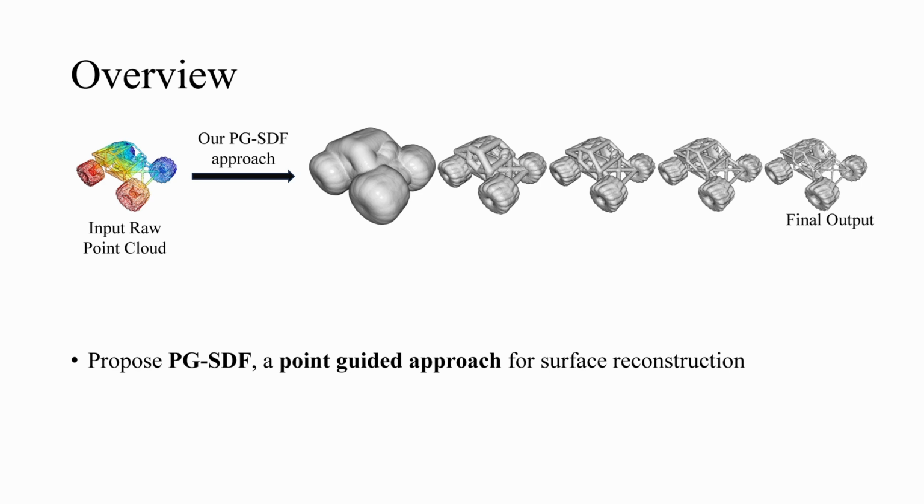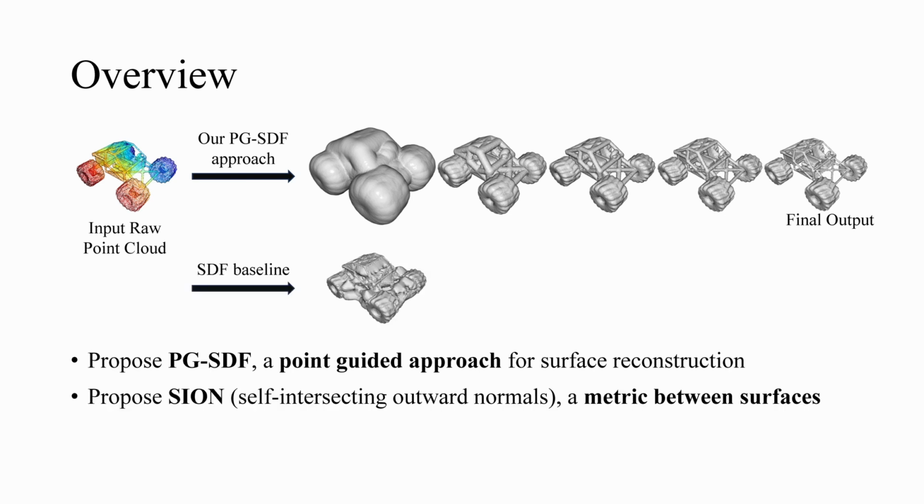We propose a point-guided approach for surface reconstruction from point clouds, called PGSDF, that iteratively deforms the reconstructed surface until it interpolates the input points. We analyze why previous SDF-based methods often fail on difficult shape geometry and propose a metric to quantify this. We also analyze our method in the context of homotopy methods, giving insight into why it works well on difficult